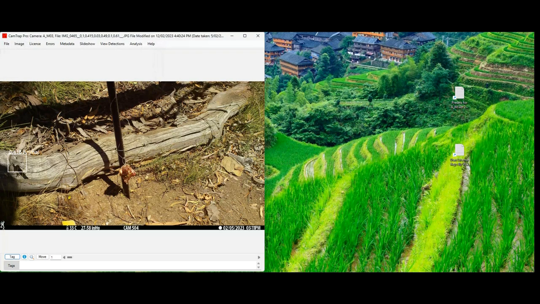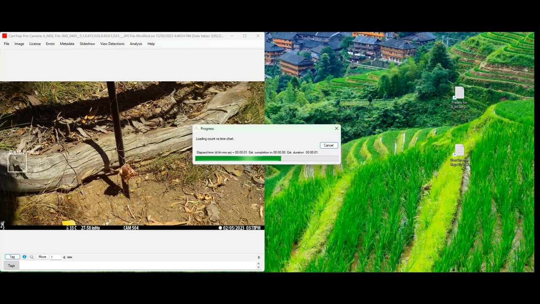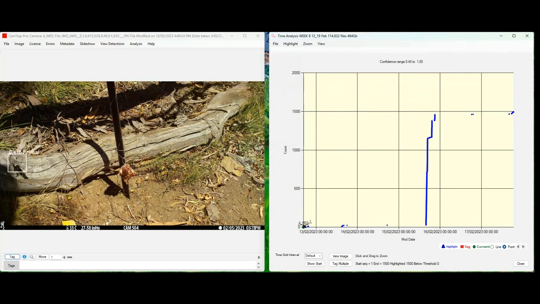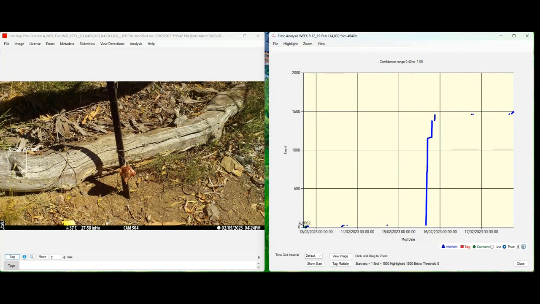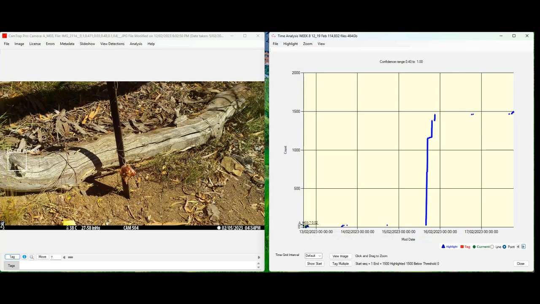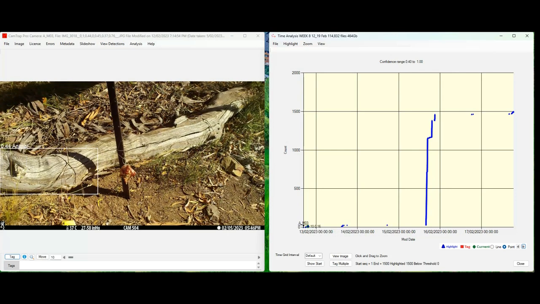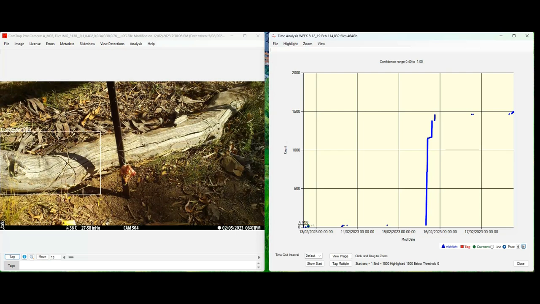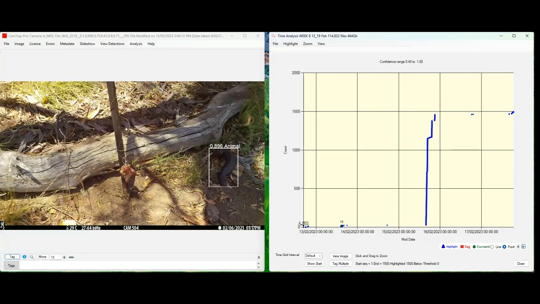And in this case, you can see we've got a nice false detection from that bit of wood. Let's show all of the count versus time. So if we flip through, going to the right here, you can see we have lots of images of that piece of wood detected with a fairly high confidence. But over here, and let's zoom in,